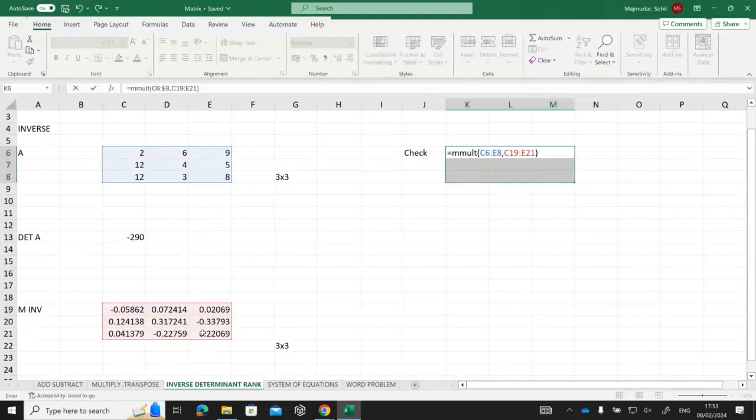What should be the answer here? What is something multiplied with its inverse? What is the inverse of 3, you think? What is the inverse of 3? 1 over 3, right? So if you multiply them, what do you get? 1. So in this one, what do you think will happen? We should get 1 everywhere. Any other guesses? Let's see. So if I do Control Shift Enter,